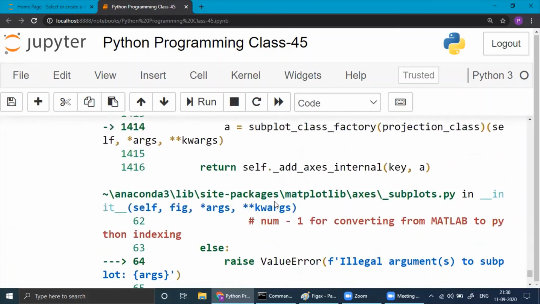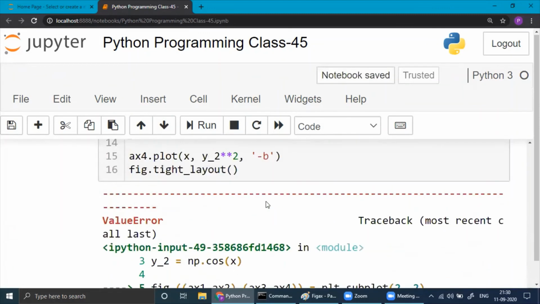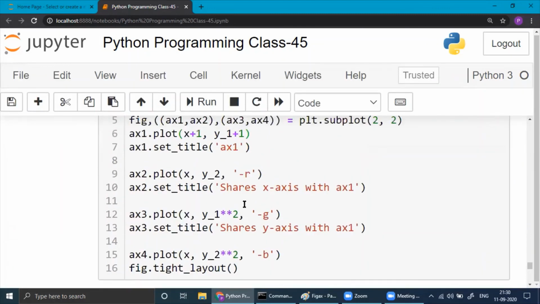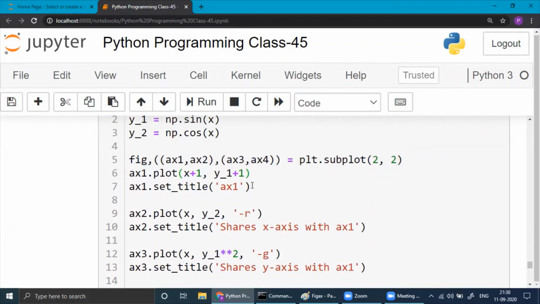Still there is a problem. x1.plot, that's fine. Set title. x2.plot.